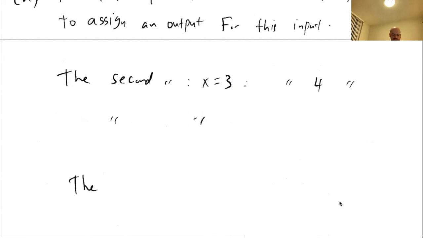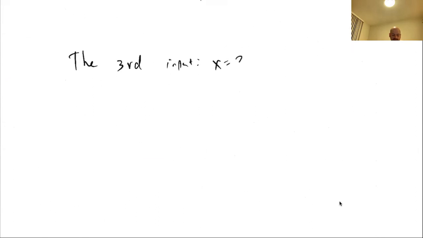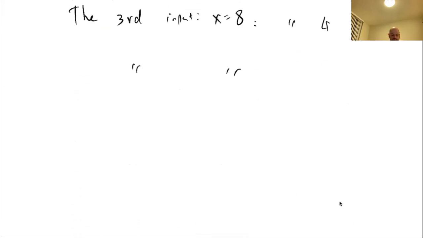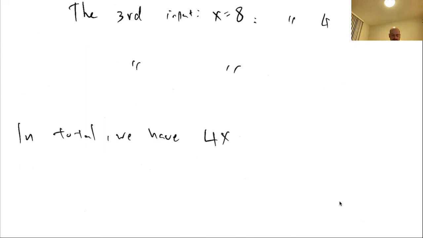For the third input, which is x equals 8, again, we have 4 options to assign as an output. So in total, how many options do we have? In total, we have 4 times 4 times 4 equals 64 ways